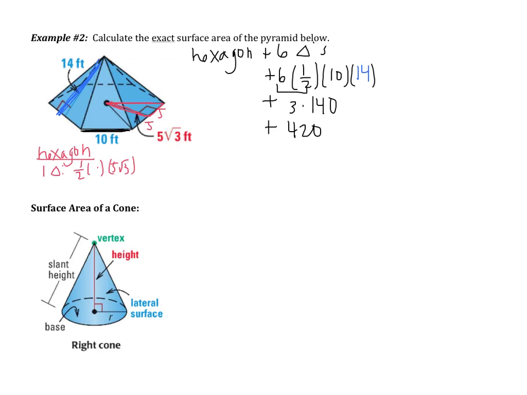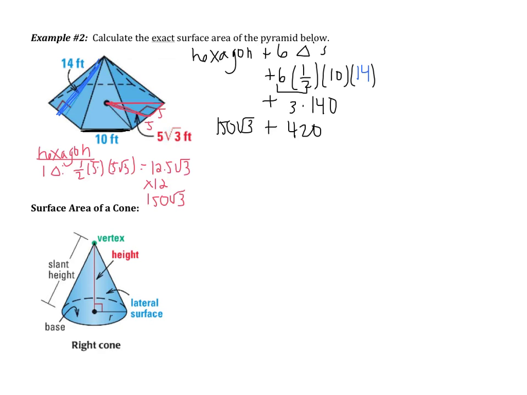Sorry, you probably can't read that. So I'm going to do 1/2 times 5 times 5√3, which is going to be 12.5√3. Now that's one triangle, so I'm going to multiply by 12 because there's actually 12 triangles instead of 1, which is going to end up being 150√3. So that's the area of my hexagon. So I'm going to substitute that back,